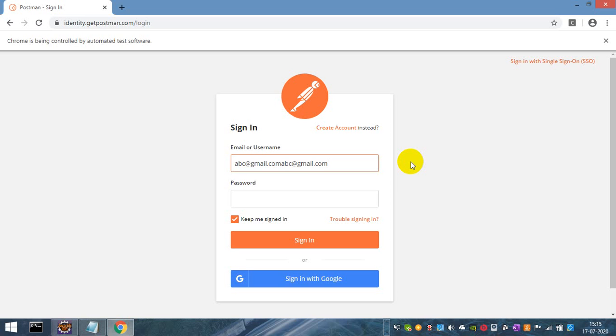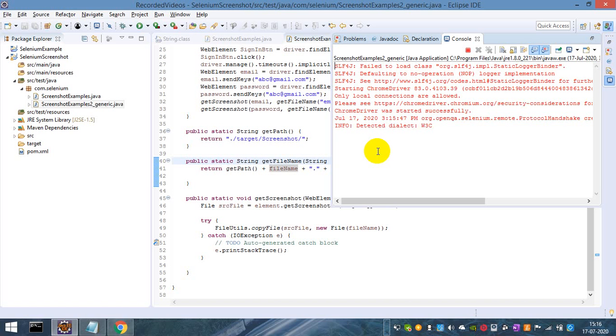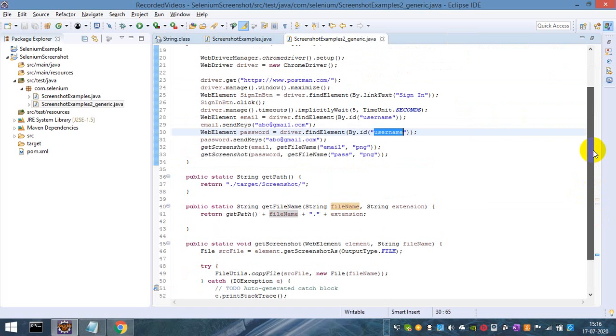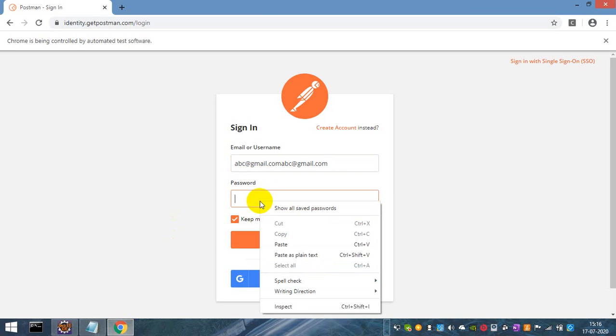But over here both the values are entering in the same field, so maybe I have given the wrong web locator for the password. In both places my web locator is username, so I need to change what would be my web locator for the password.